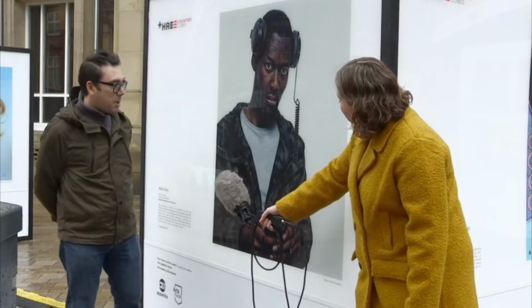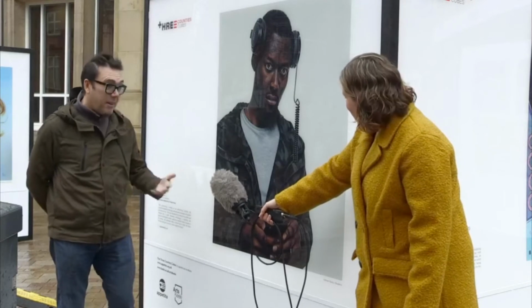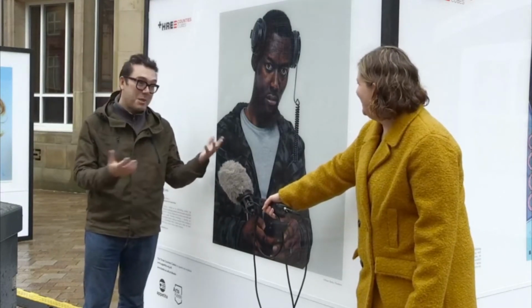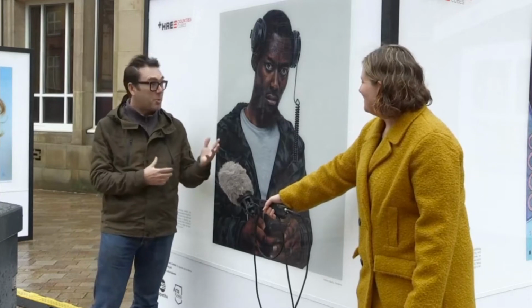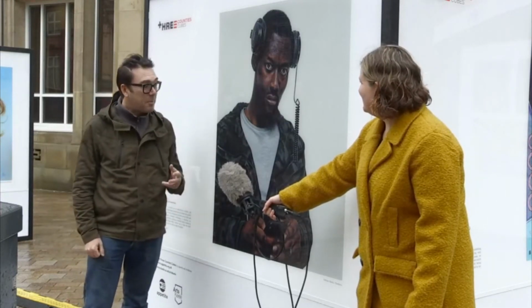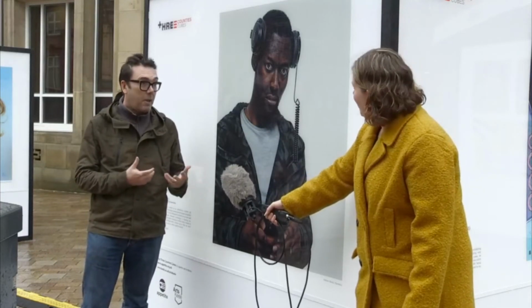Well, I met him at a creative cultural networking event, and he was on his phone. I do a whole series of people and technology, so this is part of a whole series of paintings. Not only did he look great, he was on his phone, and I thought, you know what, I would like to capture you. So I did a portrait sitting of him with his phone, obviously his favourite headphones, and yeah, it's all part